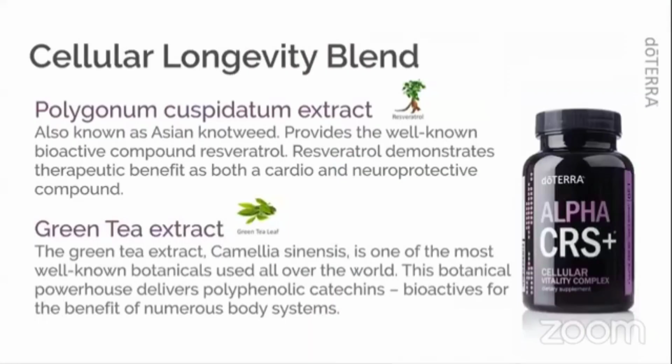tumor suppressor p53. The green tea extract, Camellia sinensis, is one of the most well-known botanicals used all over the world. This botanical powerhouse delivers polyphenolic catechins, bioactives for the benefit of numerous body systems. The mechanism of action by which these catechins work inside our bodies is primarily through the direct scavenging of free radicals. However, they also have the ability to potentiate endogenous antioxidant enzymes, regulate apoptosis, and reduce inflammation via modulation of